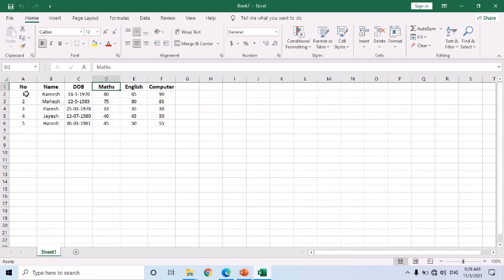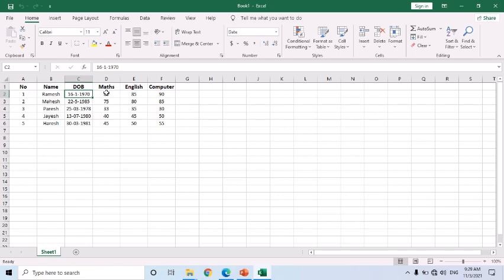For example, in number we enter a number, in name we enter alphabets, in date of birth we enter date data, and here again a number. So we have to design that first for each field.